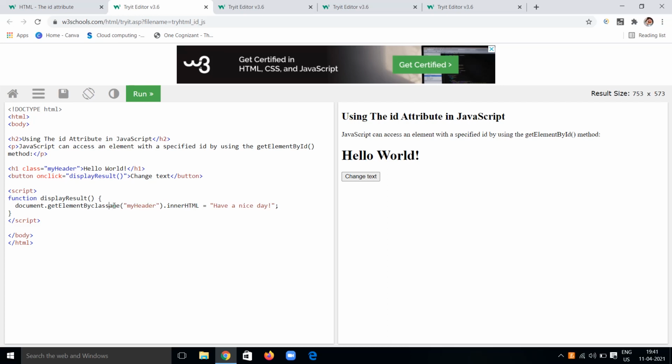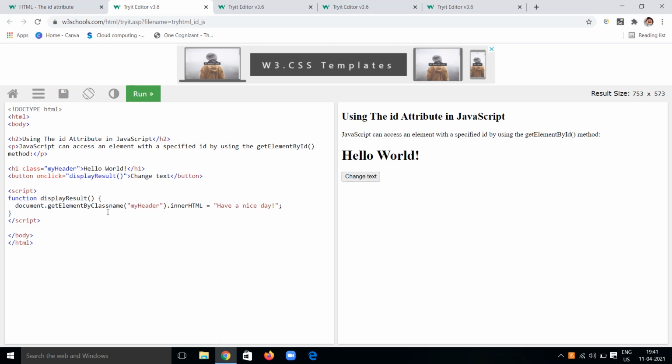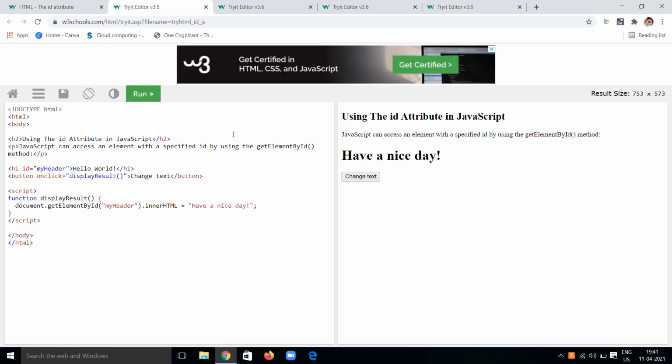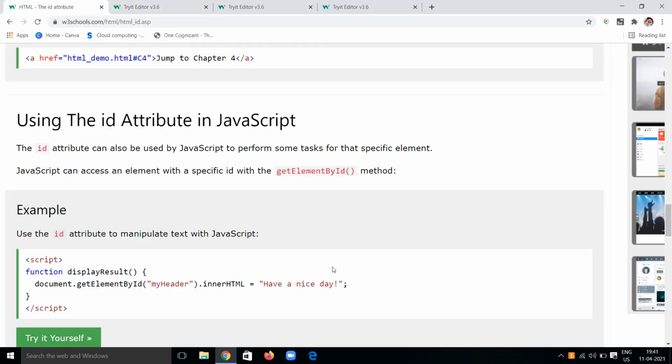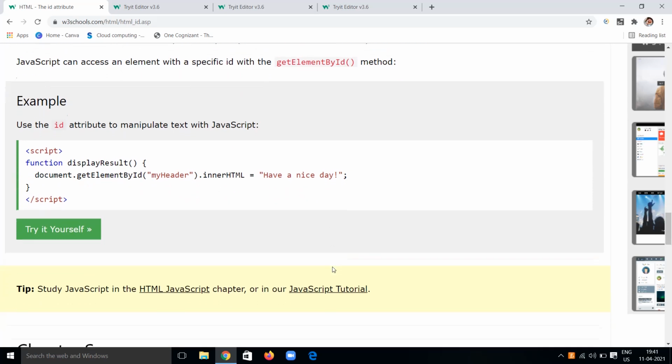The syntax may be followed. Let's see. Yes, I think this works. Some things may differ, like the ID I am specifying here. I am giving a particular ID. So let's see the example, whether the content is changing. Likewise, we have to use IDs for changing specific HTML elements. The same applies to the class name also.